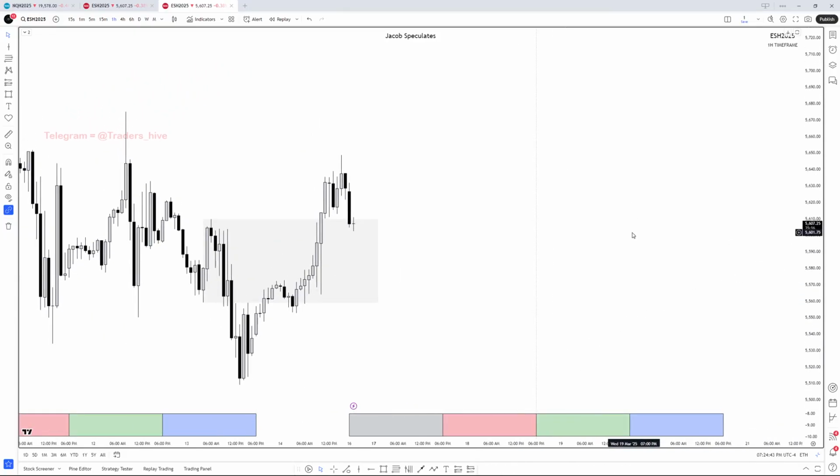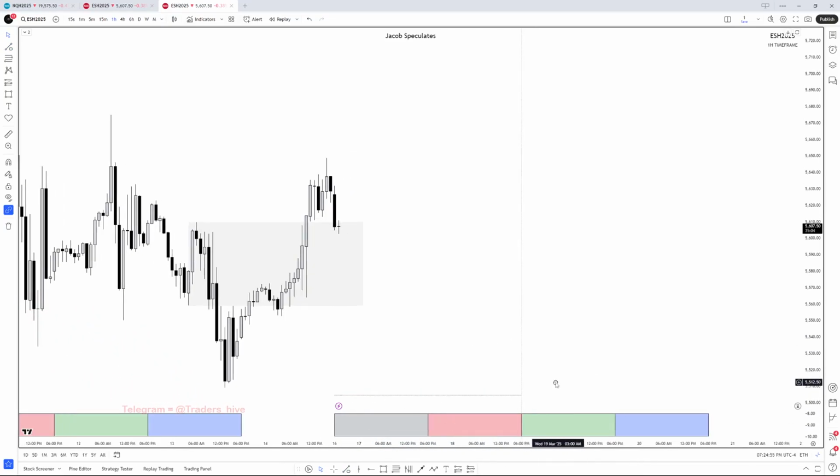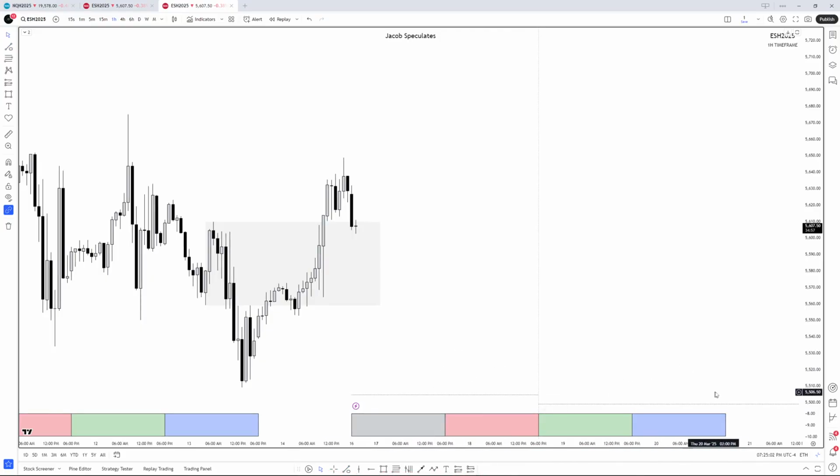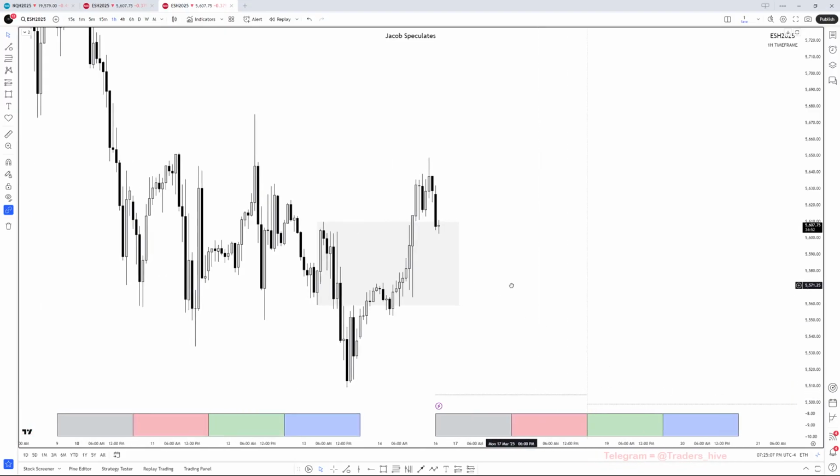So this is what is likely to happen. As we know, either the high or low of the week is likely to form within here, somewhere around here. And then the second high or low of the week, or say for example, the high of the week forms here, and the low of the week should form here. Or the low of the week forms here, the high of the week should form here. So it's either going to be that this forms the low of the week somewhere around here, and then we trade above these highs, and then